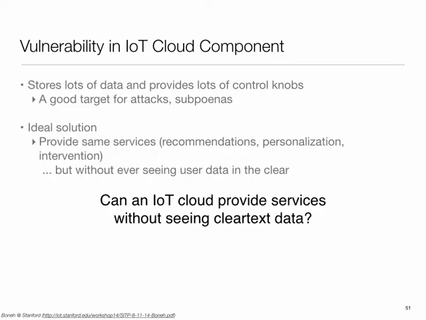If it was just about storage, things would be fine because we can just keep stuff encrypted and stored there, but that's not very interesting. So what's happening is a lot of these services seek to analyze the data, process it in real time, do something around it. The challenge which comes is, could they do those services without me sharing the raw data with them, without me sharing unencrypted raw data with them? And the answer is we really don't know how to do that very well yet in practice.